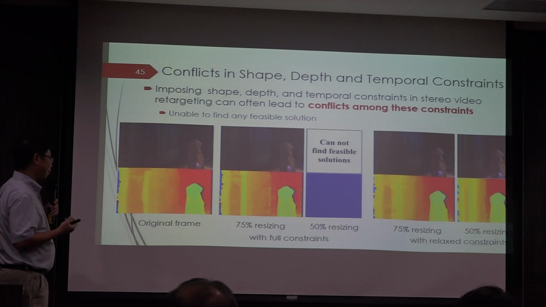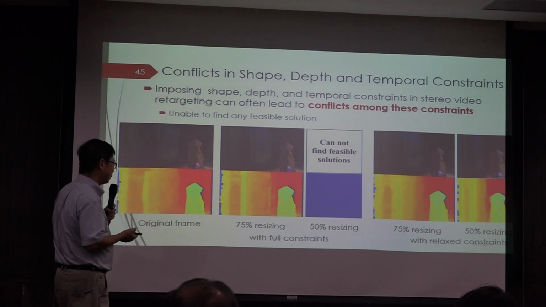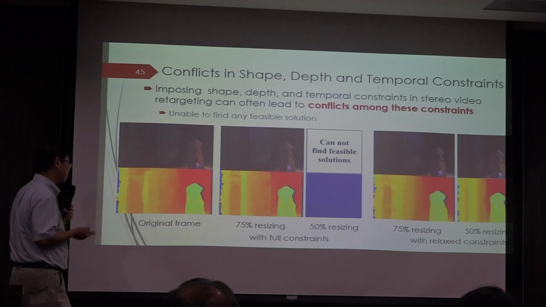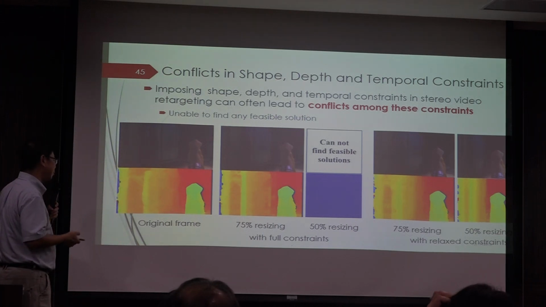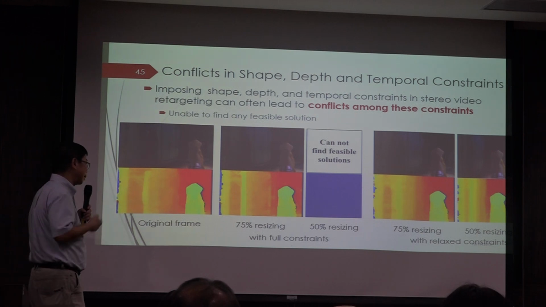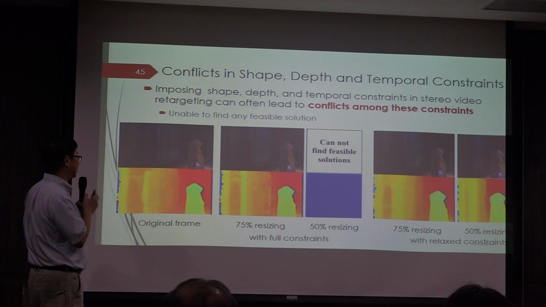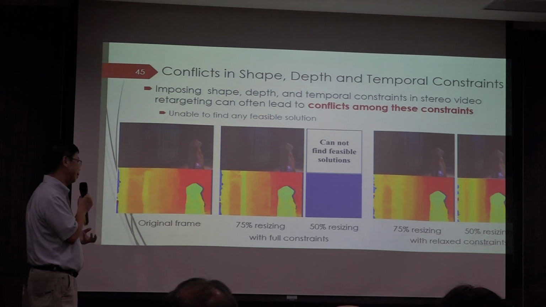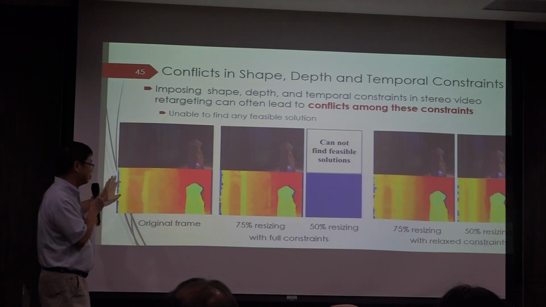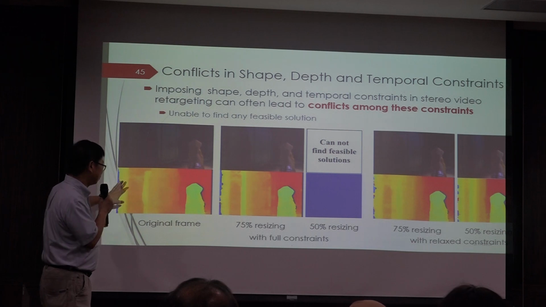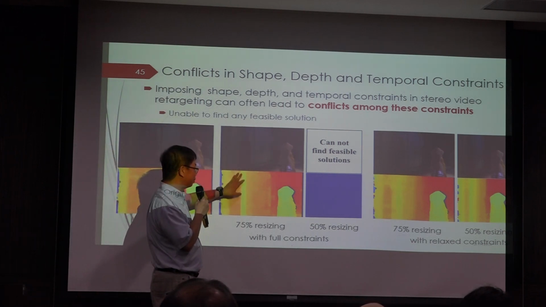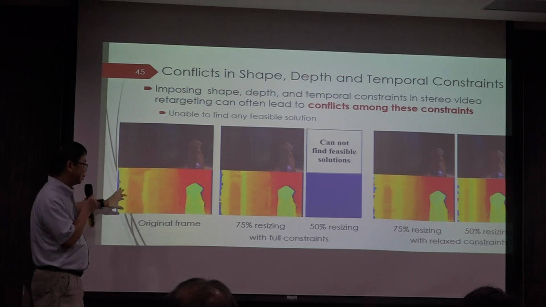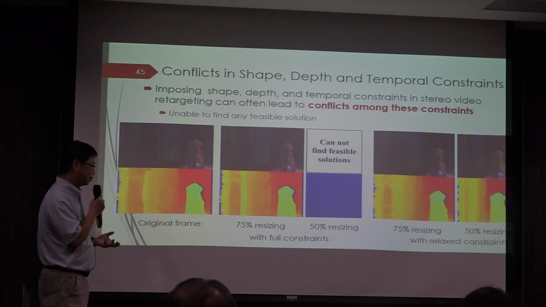But since we already have quite a few shape distortion constraints and also the temporal constraints, we impose additional depth constraints for spatial depth distortion and temporal depth distortion. So we have different kinds of constraints. Sometimes these constraints may conflict with each other, especially for a very limited resource. For example, if we would like to reduce the width of the original frame to 70% of its original size, because the size reduction is not very significant,